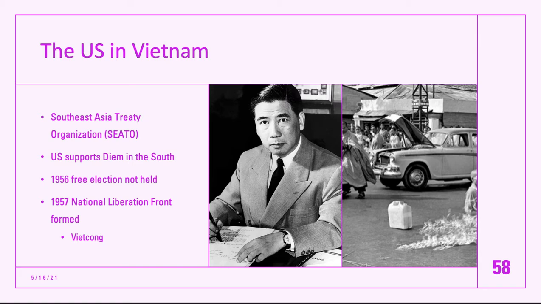Diem is going to be able to resettle hundreds of thousands of refugees from North Vietnam into the South with the support of the U.S. military and economic aid. But there's a caveat there. His own Catholicism and the preference he showed to the Roman Catholics is going to drive these resettlements. And it's also going to push for him to be unaccepted by the Buddhists, who were the overwhelming majority in South Vietnam. Diem never fulfills his promises of land reforms,